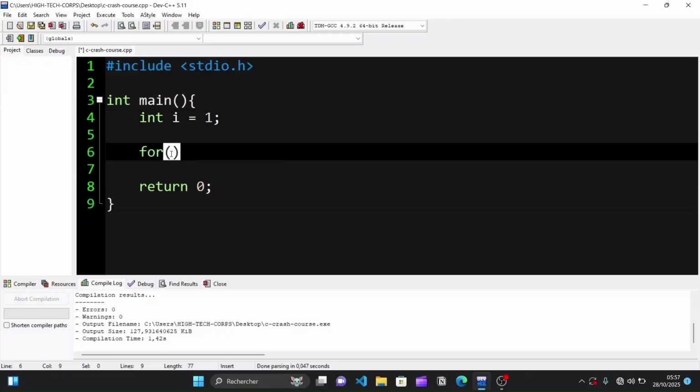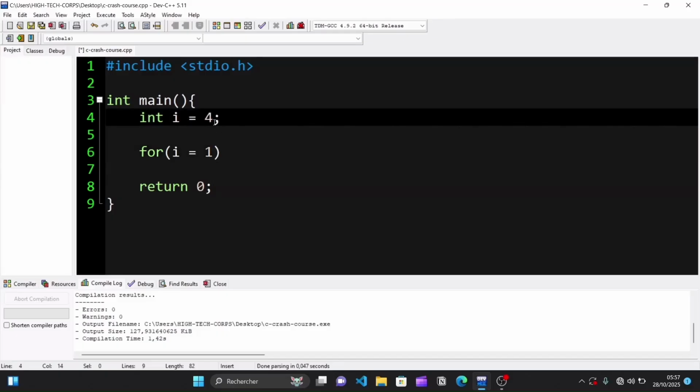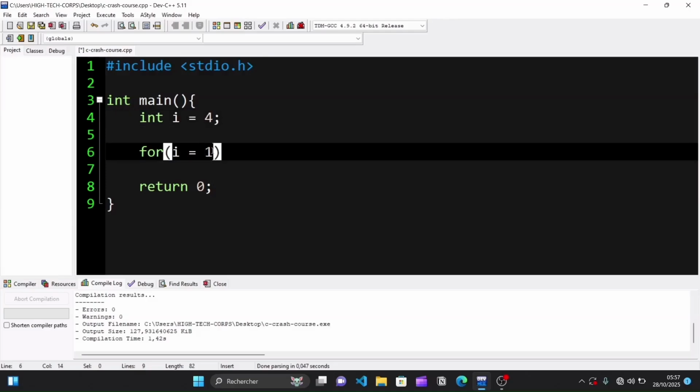So I will write for, i equals 1, meaning that I am telling my compiler that i is starting at 1 exactly. Even if i was already initialized to something else here, like 4 for example, we are going to tell it that in our loop we want it to start at 1. And then the next part is the condition. So here I am writing the condition which I want to test or check. The condition here is going to be i less than or equal to 5,